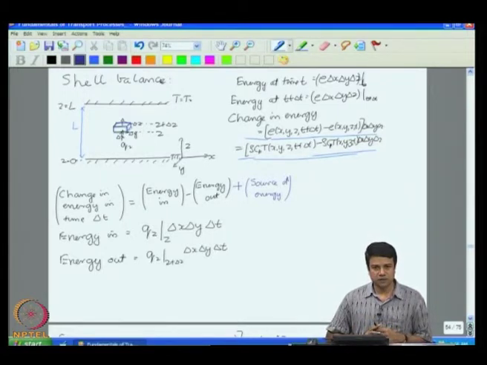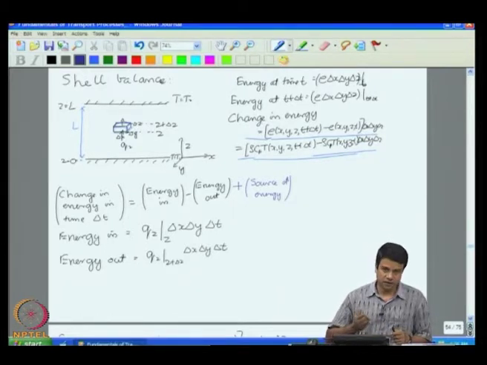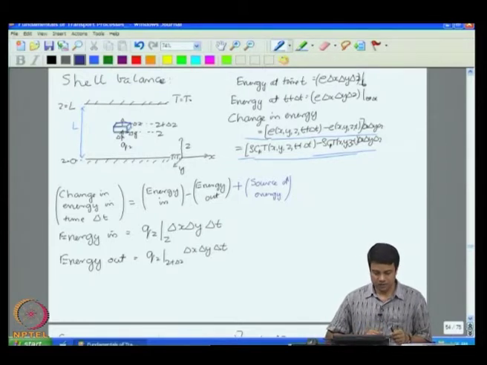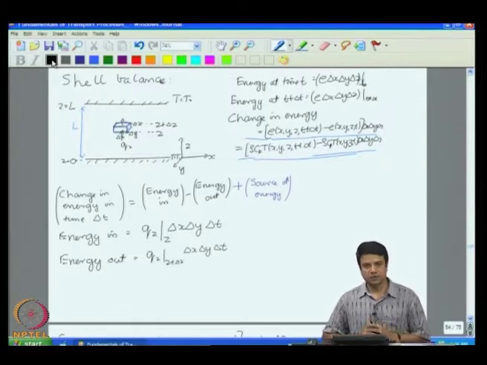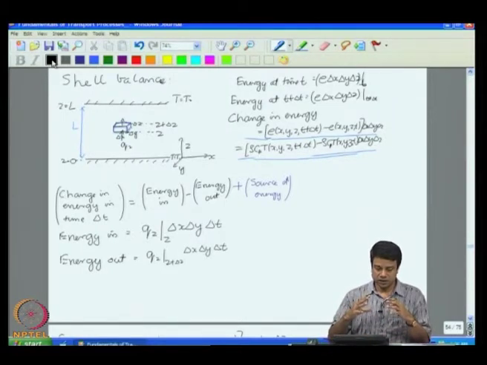Now, the specific form of this term will in general depend upon the nature of the production of energy. So, if it is viscous heating, it will have one form, if it is due to a reaction, it will have another form. But in all cases, this rate of production of energy within this differential volume is first of all going to depend upon the volume itself. Because if you have energy produced within a volume delta x, delta y, delta z, as I shrink this volume, the amount of conversion going on due to reaction decreases. It is going to decrease in proportion to the volume if that volume is small compared to the macroscopic scale. So, this source of energy is going to be proportional to the volume itself,